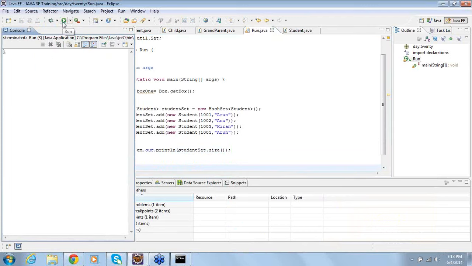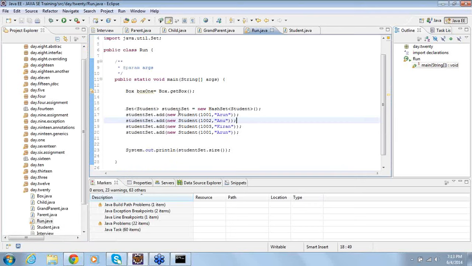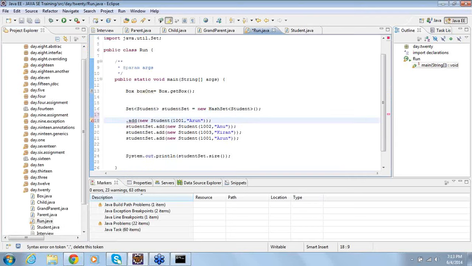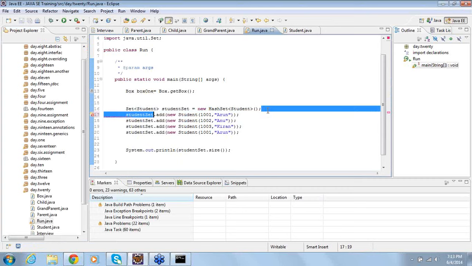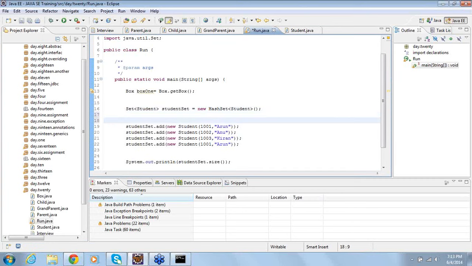Now what is the size you see there? You see the size as 4, right? The reason is that there are 4 objects, but there are 2 objects which are the same.